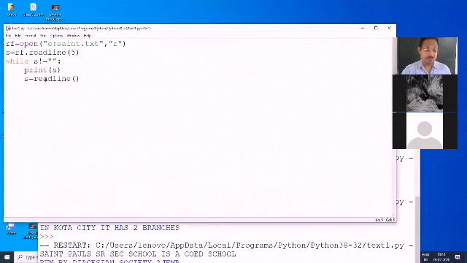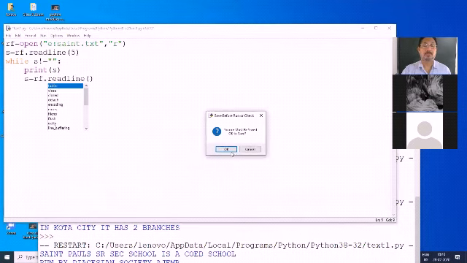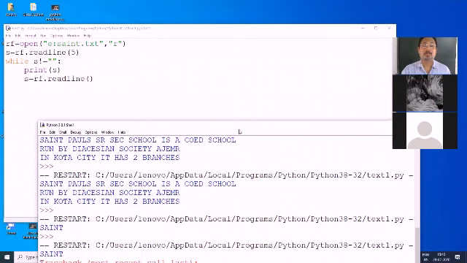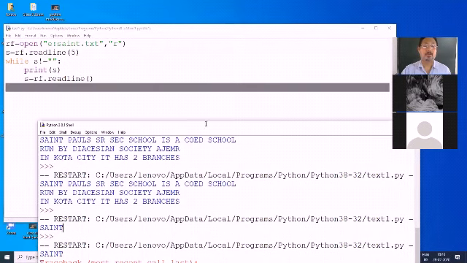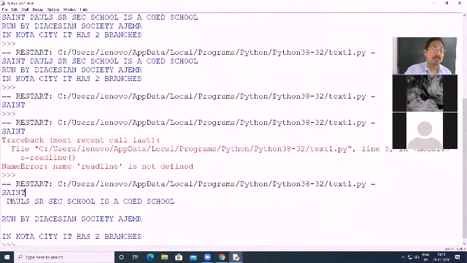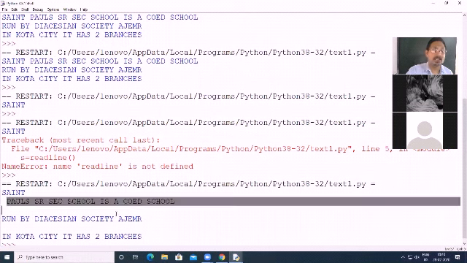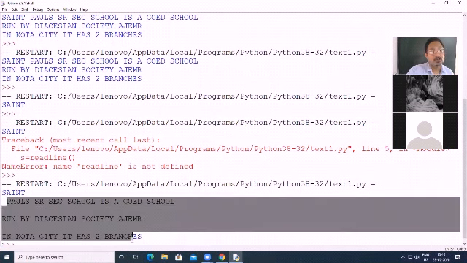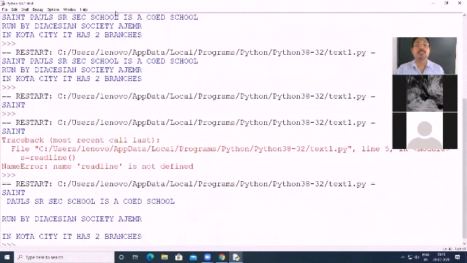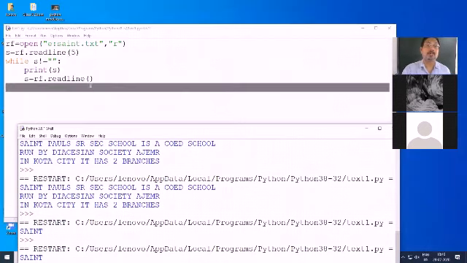Okay, rf dot read line, run it again. So this end was the previous one, the one above, but after that space and everything is coming. That means for each line it is going to the end of the line.